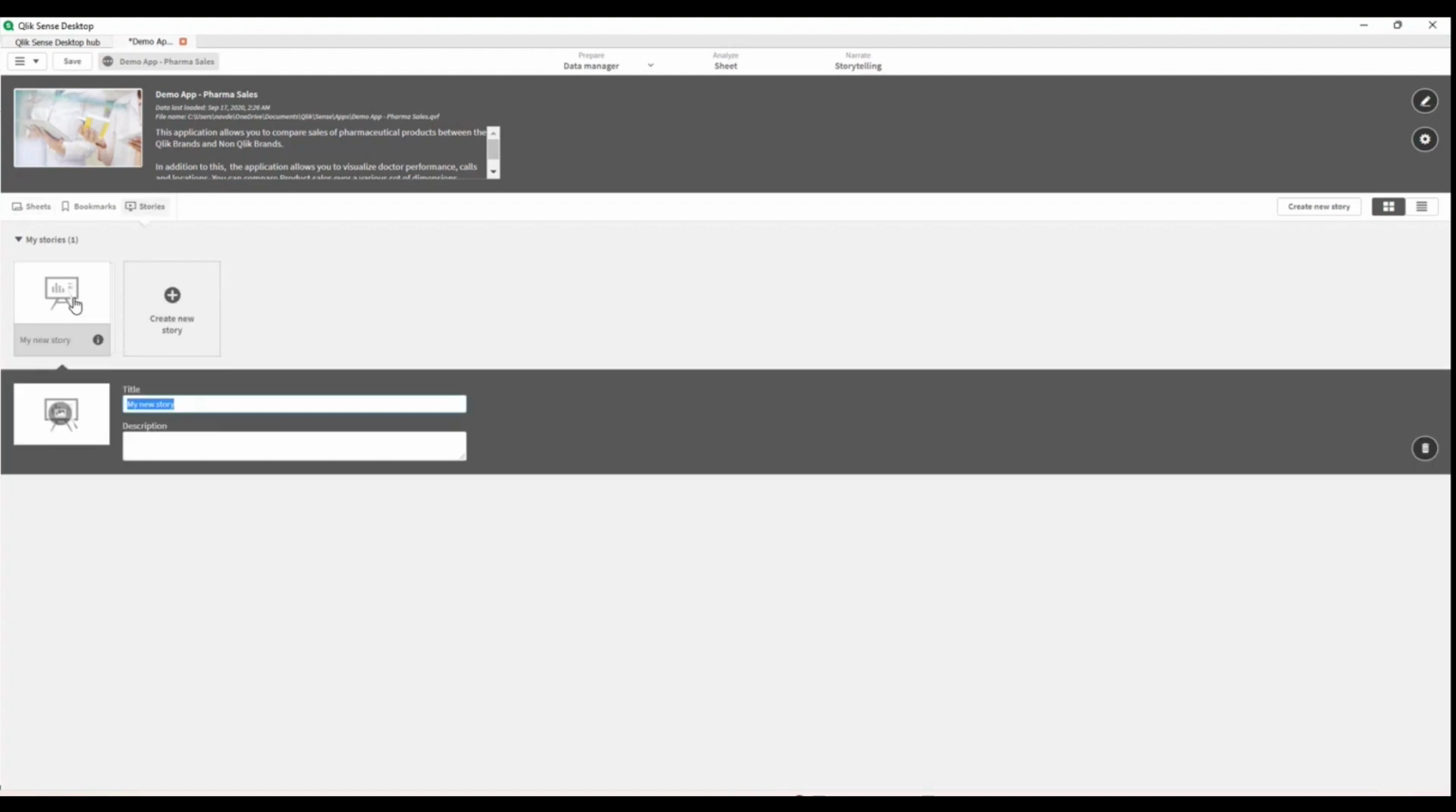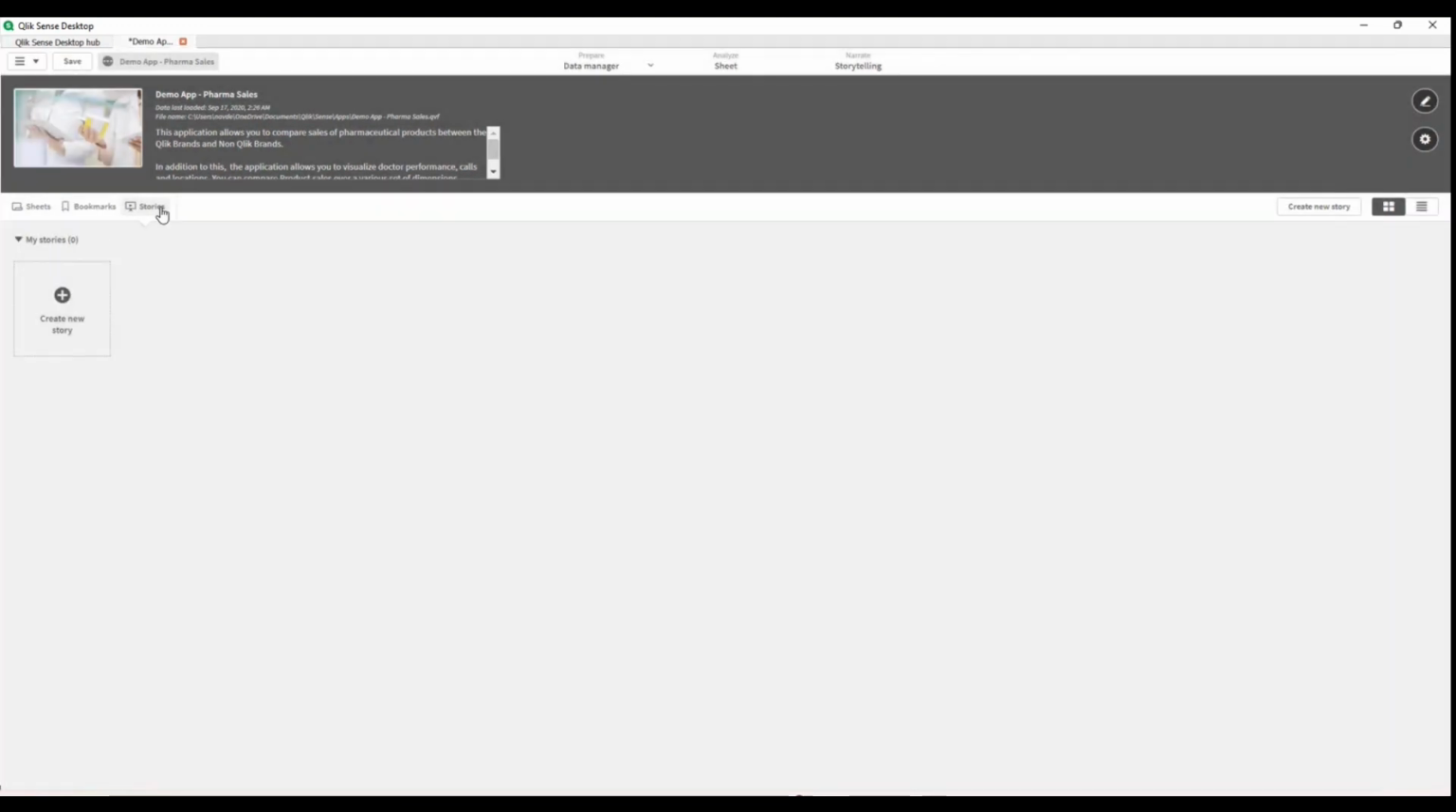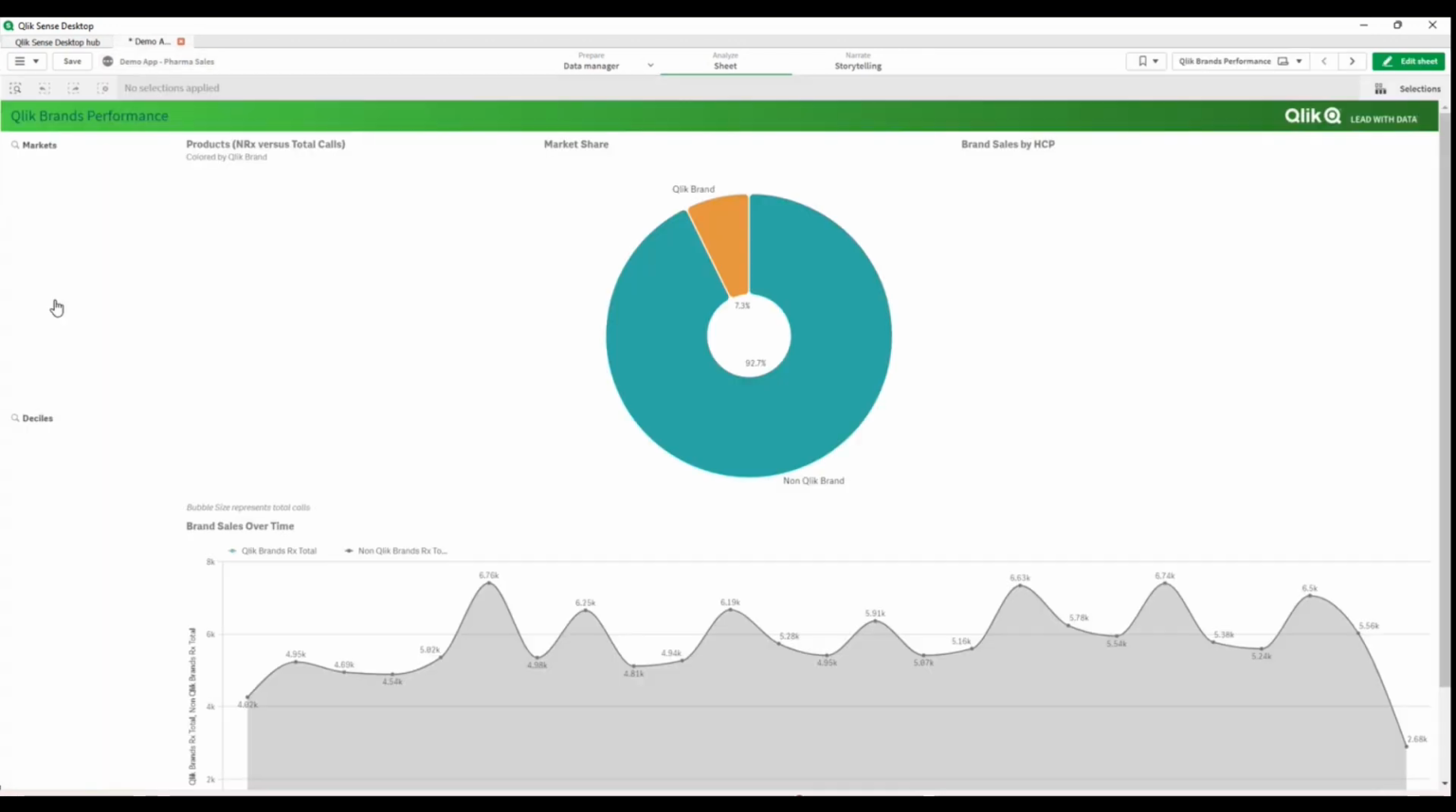Story is where you can create a story based on your analysis by putting certain charts together. For example, every Monday, someone wants to look at a report, a canned report, a story. You can create that story out of this section, which is stories. Okay, now when you are navigating through the app,